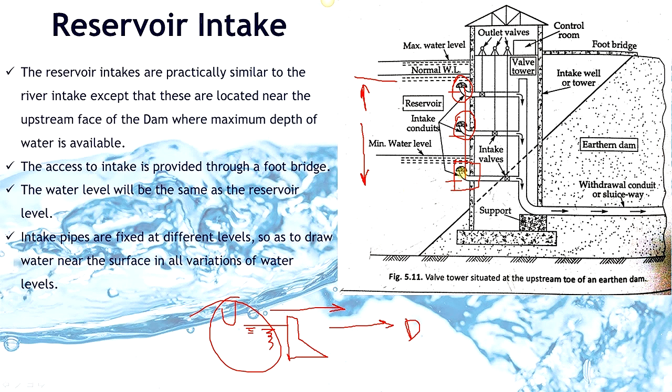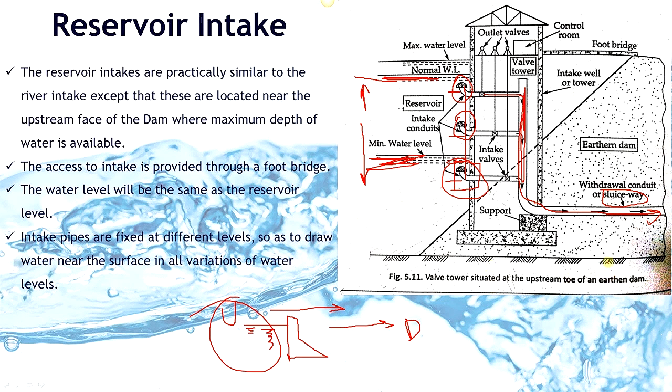And when water is available at this level, then the upper inlets are closed and this inlet will be kept open. Water will be fetched through this inlet. As water enters these inlets, it will enter a common conduit and then water is made to flow to the sluice way through which water will be transmitted to the water treatment plant. Sluice way means any opening that is provided in the dam body for a different purpose. Water is fed through these sluice ways that pass through the body of the dam.